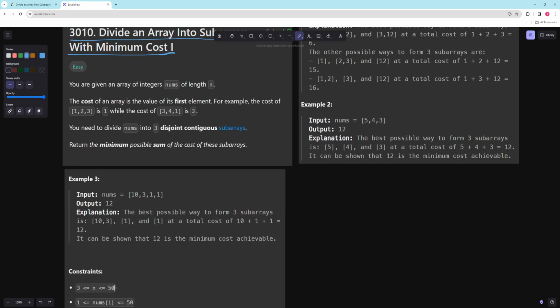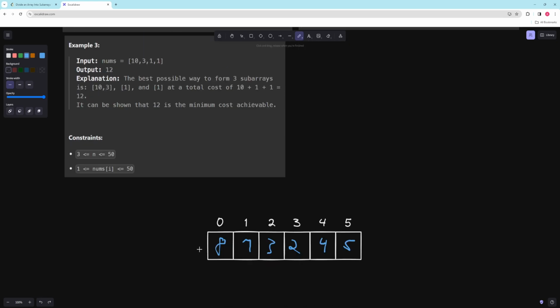And obviously the constraint is really small, so let's talk about a brute force first. So let's just say we have this kind of problem. We know that the first subarray has to start at the first element, right? There's nothing we can do about that. But the second subarray can start anywhere, and the third subarray can start anywhere. So let's use another color for the second subarray, and we'll just have an arrow for its start. It obviously can't start over here because we need 3 subarrays, but it can start here, here, here,